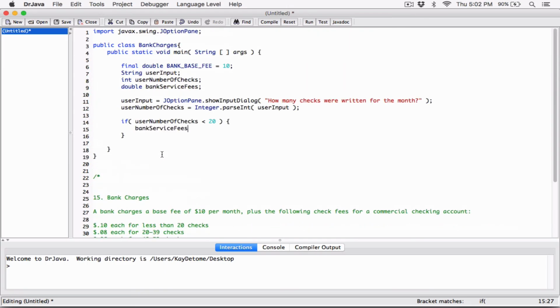Yeah, the bank service fee is going to be equal to, remember, the user is going to pay the $10 base fee for the bank. Base fee, which is $10. The user is going to pay that. So that's fixed. So the bank service fees is going to include the bank base fee. I'm going to go ahead and copy it. And now plus, I'm going to open parentheses. We need to calculate